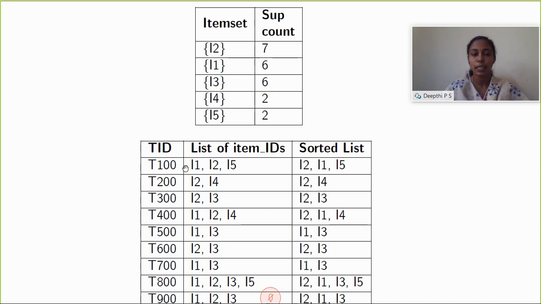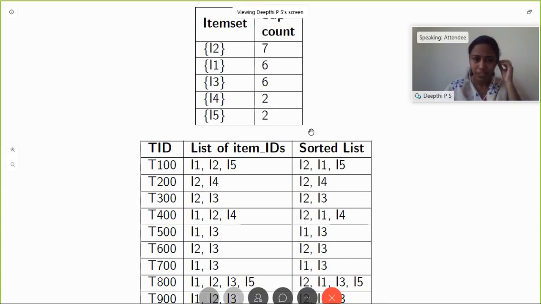So take each transaction at a time and sort the items in descending order of support count. Sorting I1, I2, I5, we get I2, I1, I5. Now consider I2, I4. I2 has the highest, then I4 comes, so there is no change.